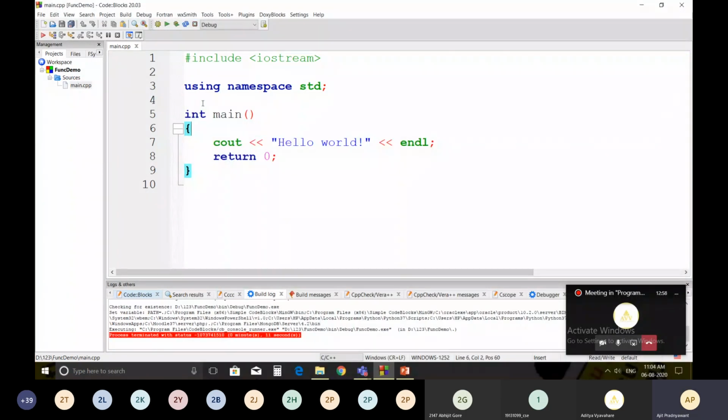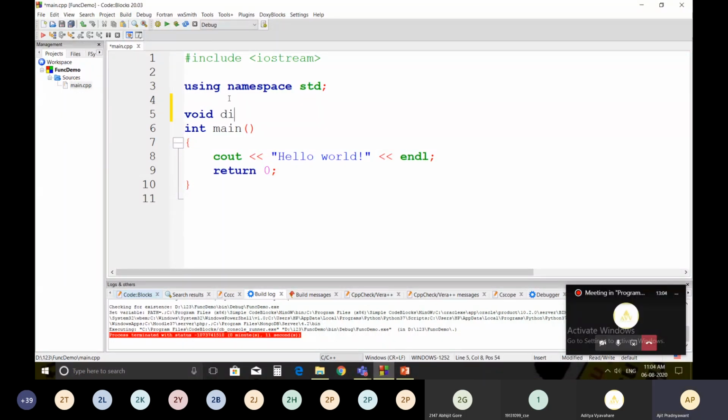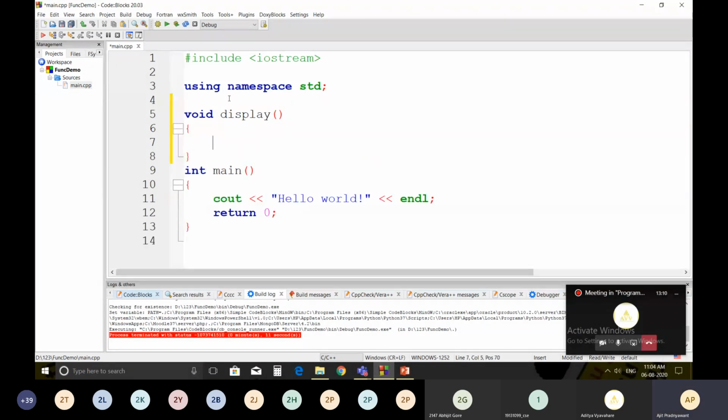Now I am going to declare one function over here, void display. In this function, I am going to write a statement inside the display function.